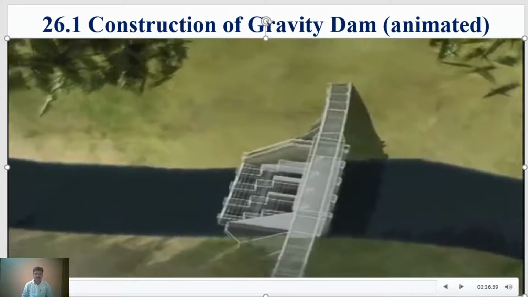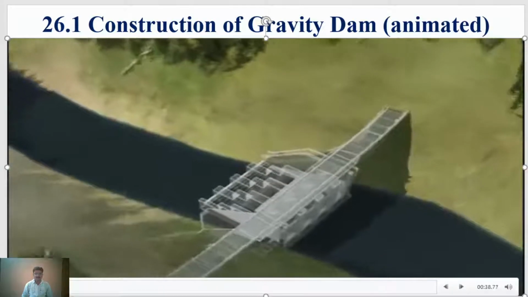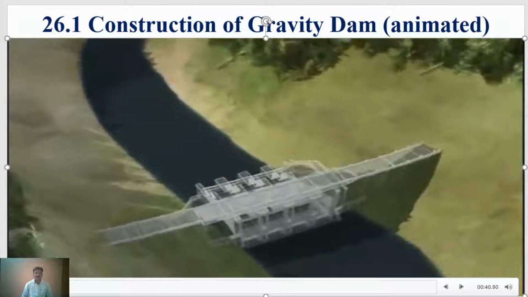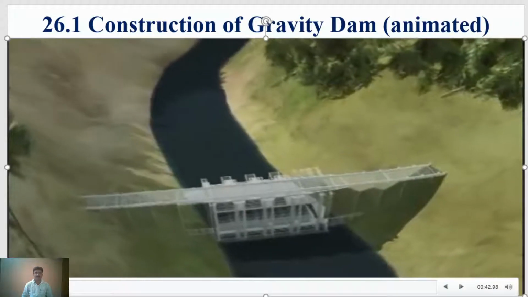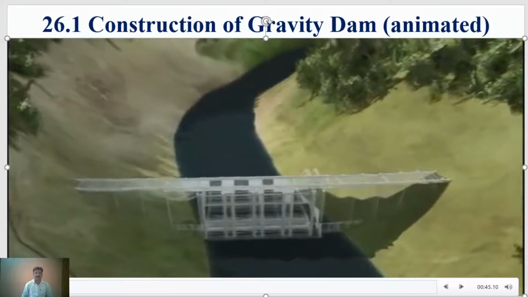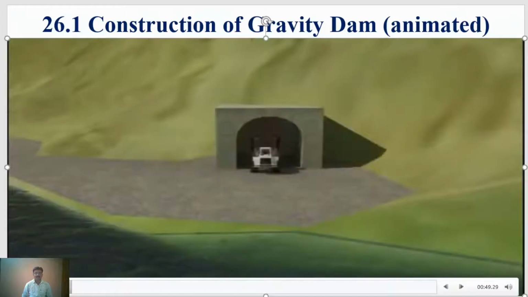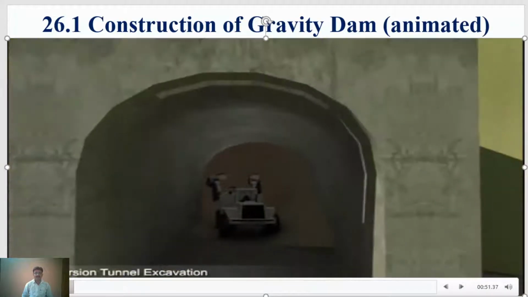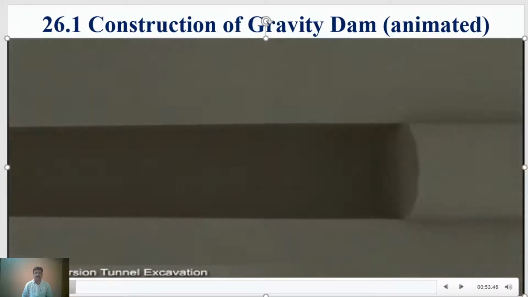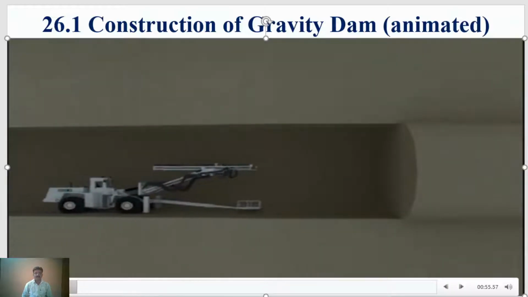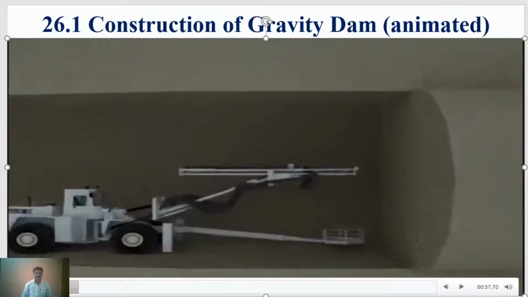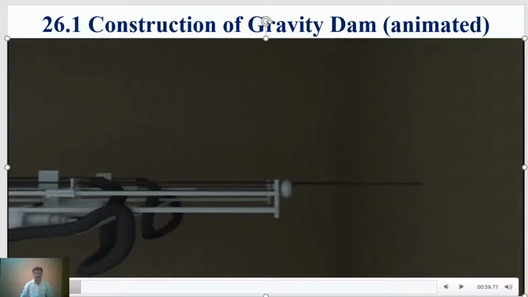Before the construction begins, the river flow needs to be diverted to make excavation and construction activities possible at the dam location. This is done by diverting the river water through a diversion tunnel that bypasses the dam location. Excavation inside the diversion tunnel is carried out by drill blasting using a two-boom hydraulic drill.